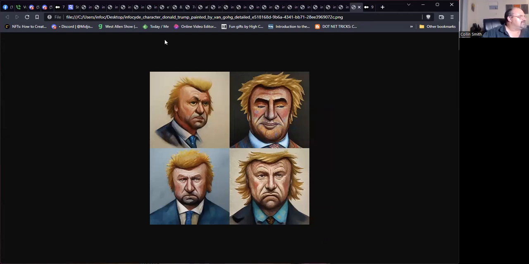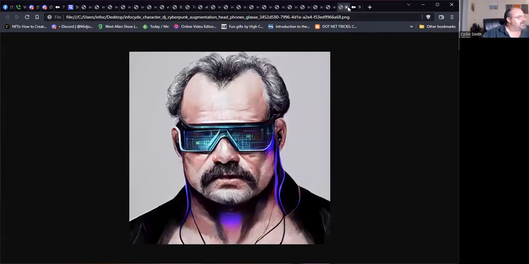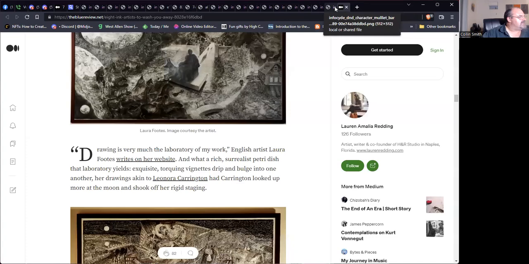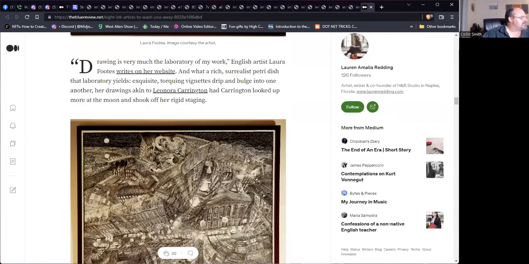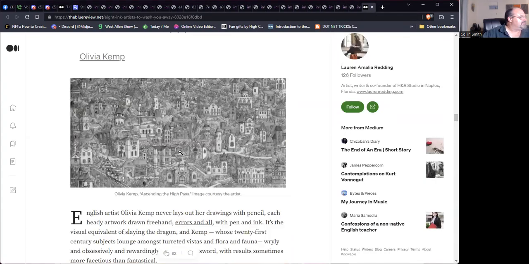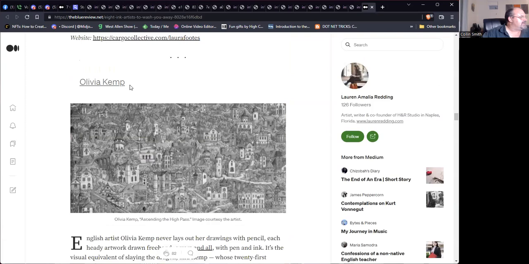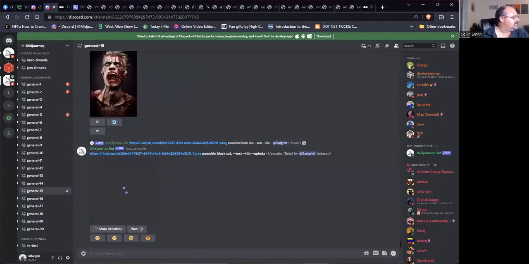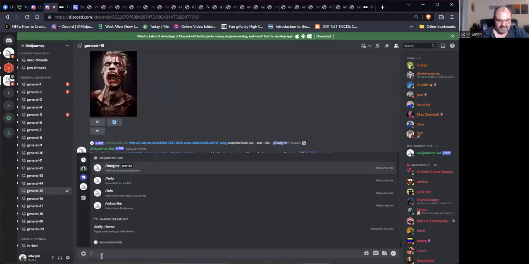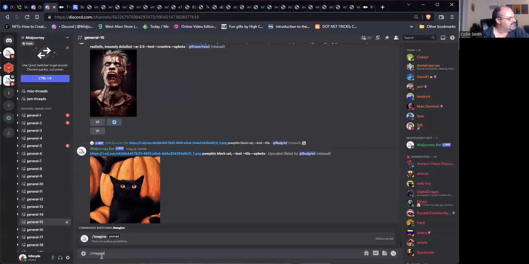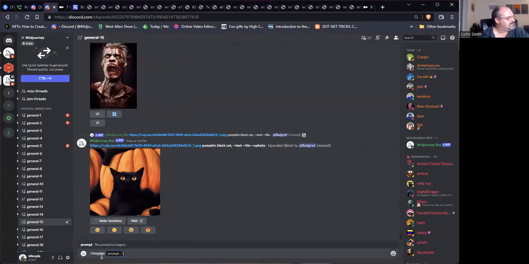And one of the things you can do is look up artist styles, and that's what I was kind of doing here. And then when you render, you say, make it like Olivia Kemp style. So let's go ahead and do that. Let's do imagine Italian city.